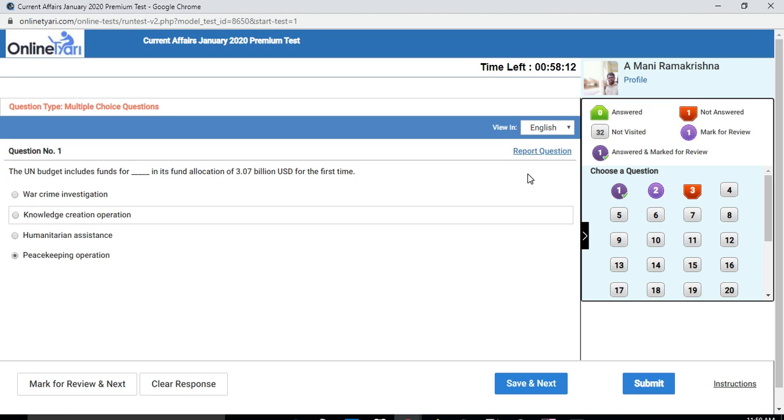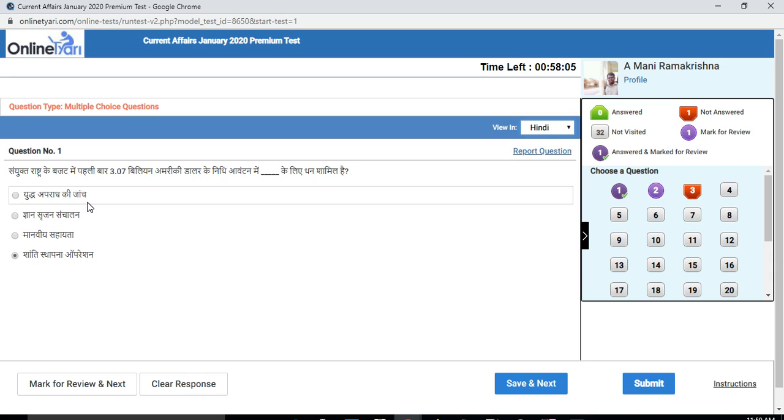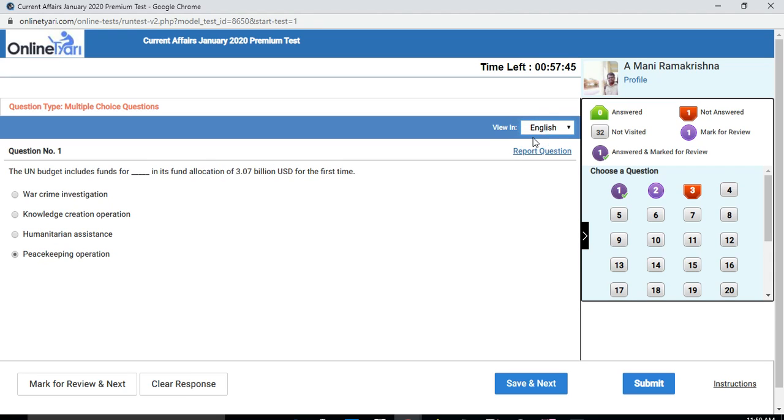If you did not understand the question in English, you can change the question into another language. Go to the language section and select Hindi. That will also be useful. In a nationalized exam, there will be a number of languages based on the type of board examination you are conducting. Suppose it is the RRB, it has many languages, as mentioned in the notification. Here I'm putting English. I'm putting that. Next,